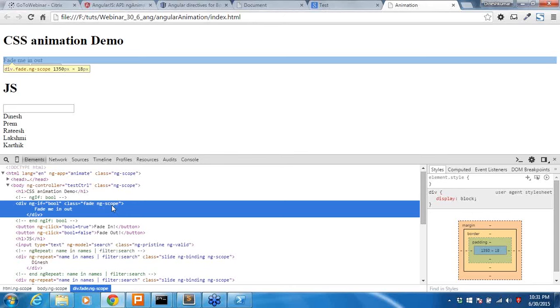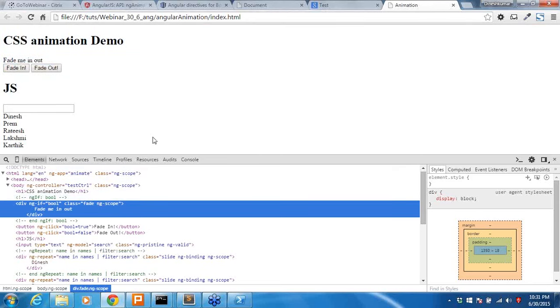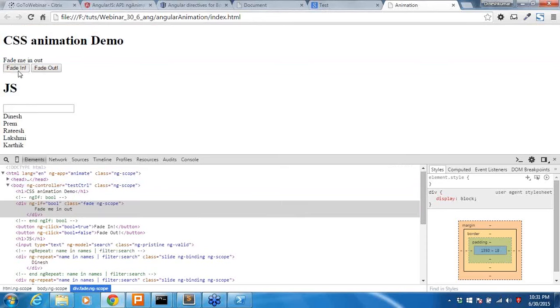Once it's faded, it will add the class called leave, and then everything will be removed from the DOM. This is how it will happen. I'm going to click on this button. You can look over here, it will be in seconds, not even 2 or 3 seconds, just a second. It will add the class, it will leave the class. Let me just have a look over here.